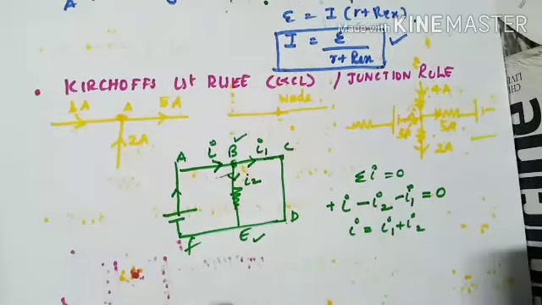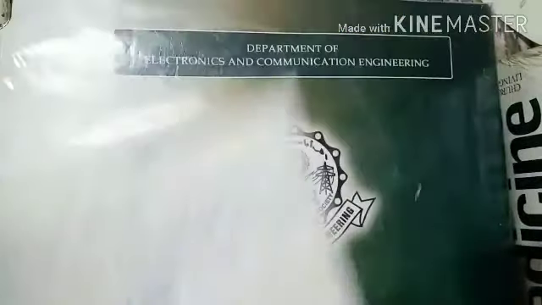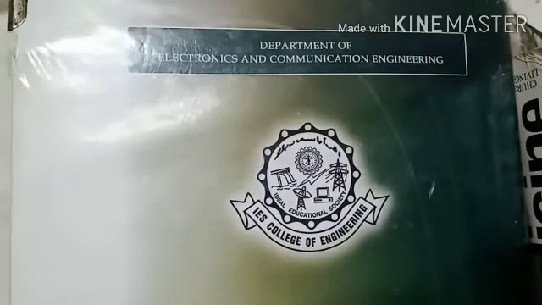So let's move on to the most complicated circuit section, which is Kirchhoff's voltage law, that is KVL, and it is also known as the loop rule. So I hope you understand what a loop is. That is, a circle is a loop. It starts, it ends, right? So before going to Kirchhoff's loop rule, you have to understand Kirchhoff's current law thoroughly. Clear?